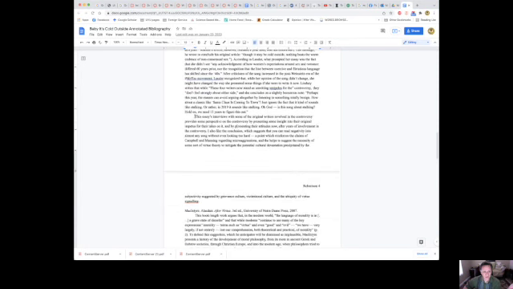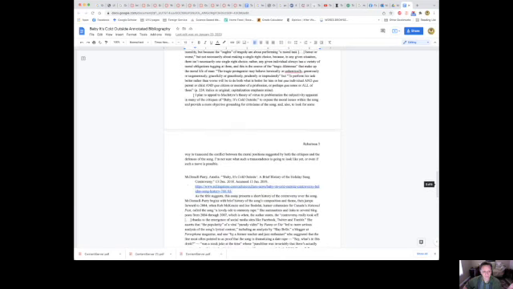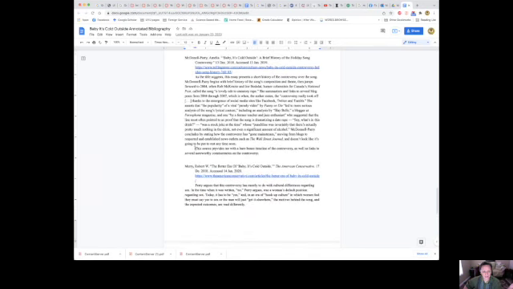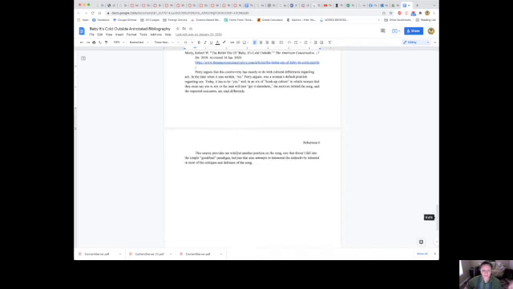This one has a slightly longer annotation as well. This one, a shorter annotation. This one, a very short annotation, because I'm just getting a history out of it. So the usefulness of the source, how it's going to inform your writing project, your research project, will inform how